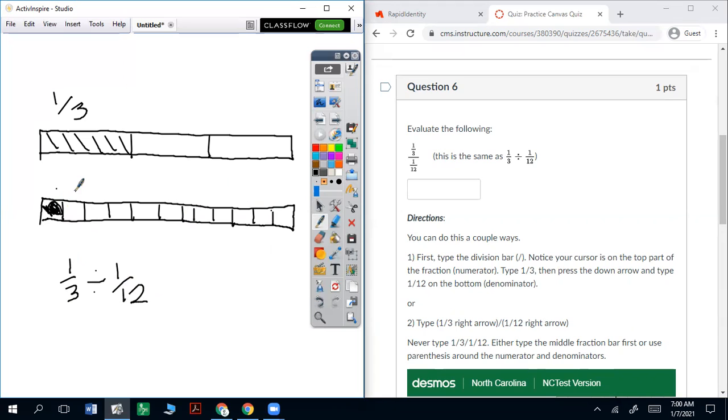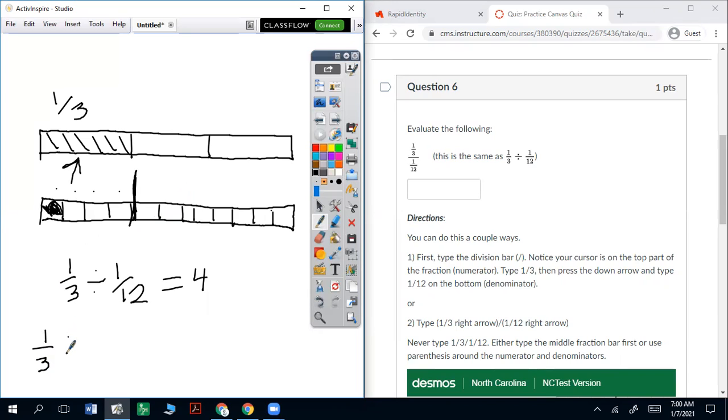Let's see, I can do 1, 2, 3, 4 goes into 1/3. So 1/3 divided by 1/12 is equal to 4. Conceptually, that's what that looks like. So mathematically, we can go back and do the actual number crunching by saying 1/3 divided by 1/12